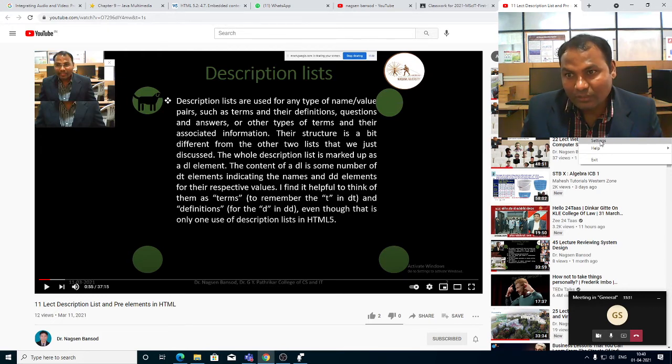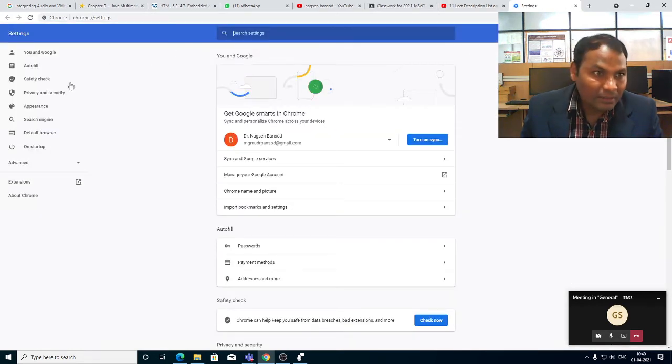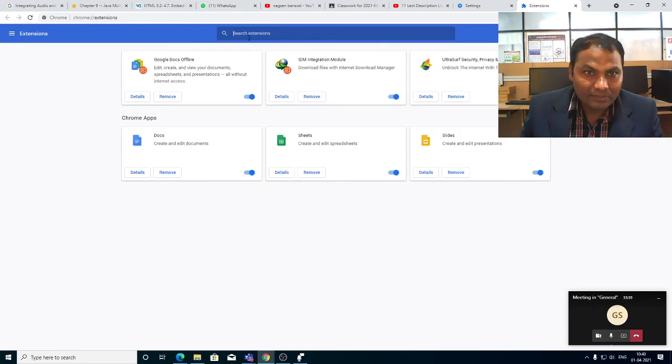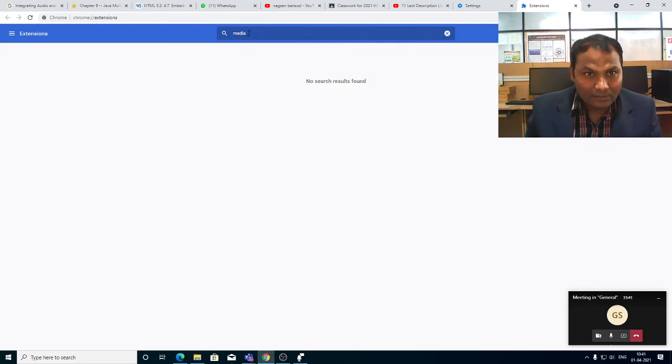For this we have to go to the settings and go to the extensions. Here also we can add the media files. If the extension is there, then it will be visible, otherwise not.